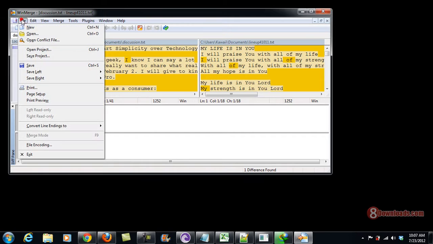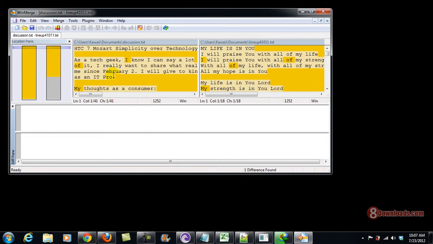So of course, if you want to open anything, just go ahead and open the program and then open the text file that you want, and then you can target two text files at the same time. So right now I'm here, and as you can see, I am actually comparing two files, and the yellow highlight here, which highlights the word, the letter I, also with here, these are what we call either a conflict or a similar text that they have.